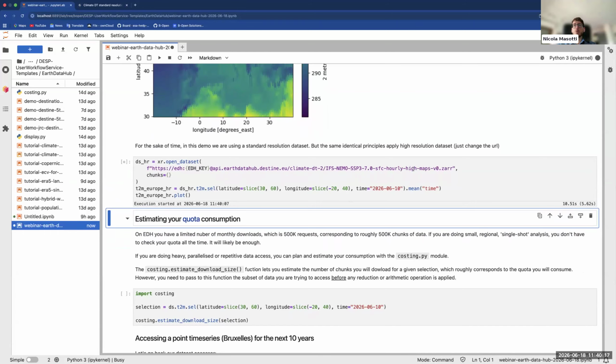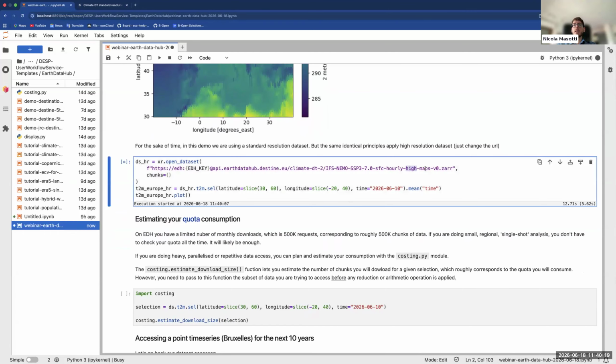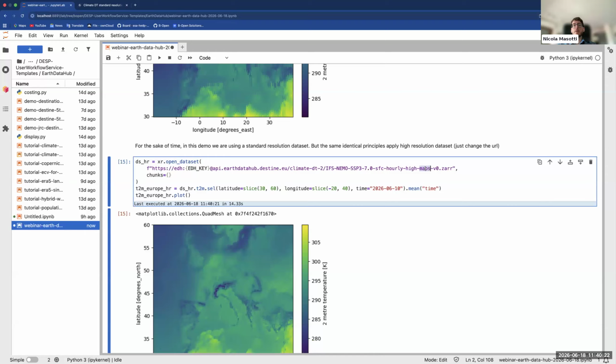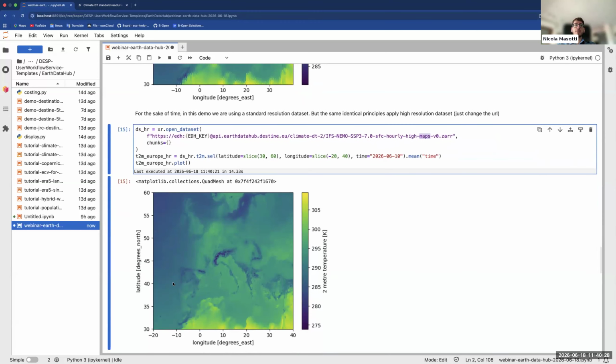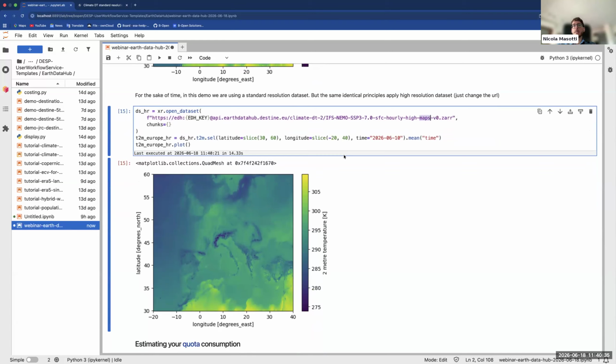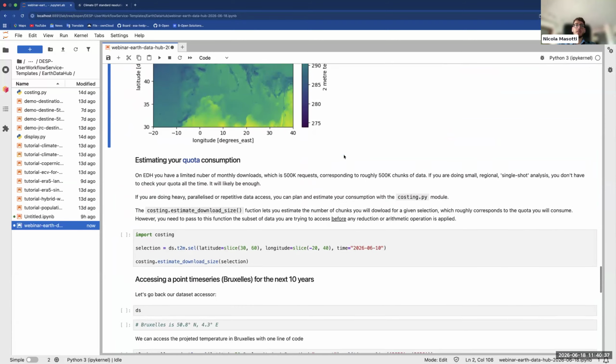Just to point out something, as Mattia previously said, when the dataset is very high resolution, we can have different chunking schemes. In this case, I want to plot a map, so I'm using the maps chunking scheme, which will make my processing faster.